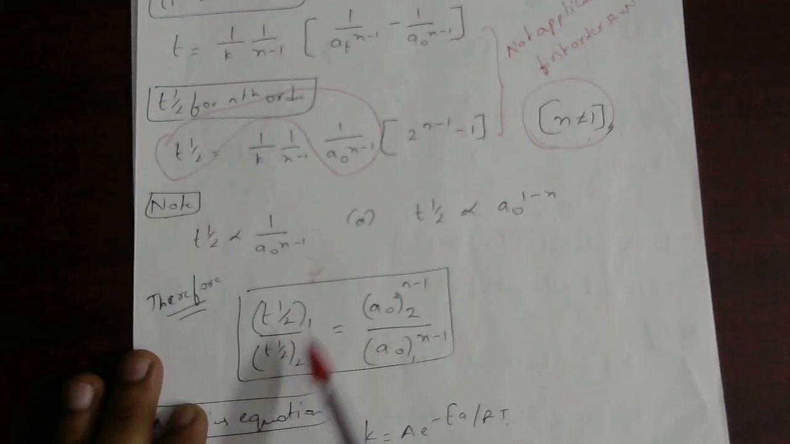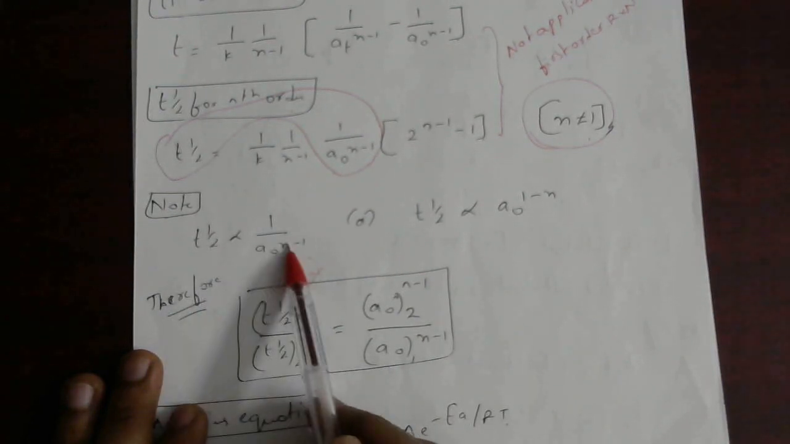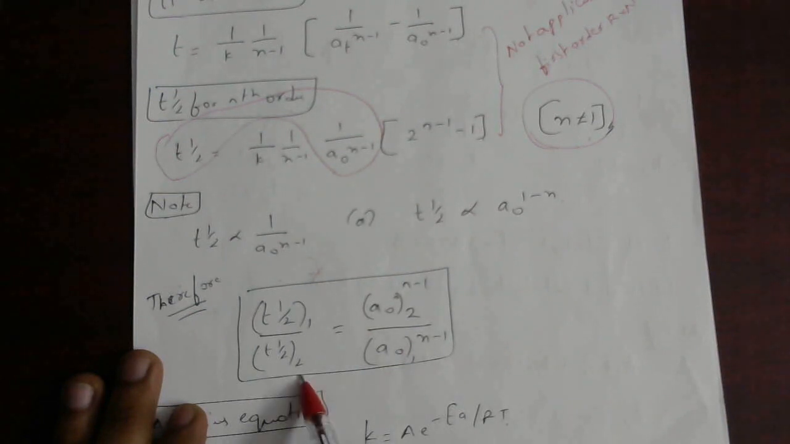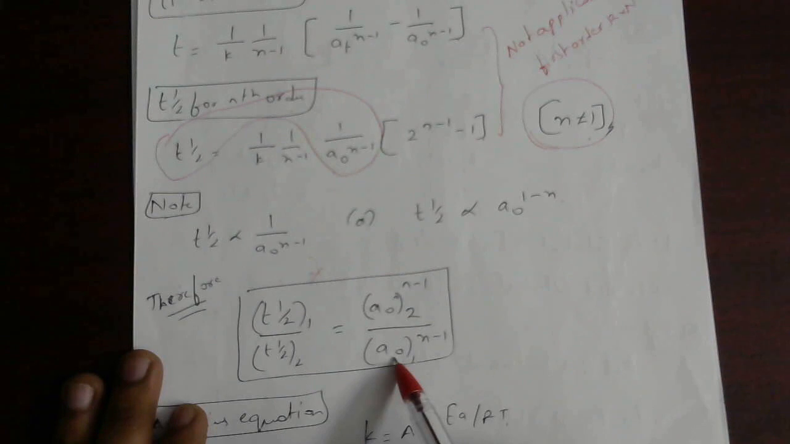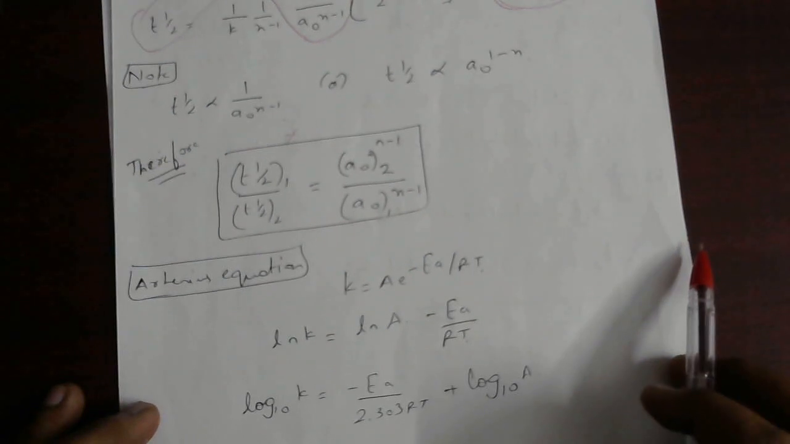n minus 1, what are we supposed to get here? T half for the first one and T half of the second one are inversely proportional. For 1 you will be having in the denominator 1, so for 1 you got in the denominator 1, for 2 you will be taking in the numerator 2. A naught is nothing but initial concentration, n is nothing but order, and this is half life. And next most important concept, it is